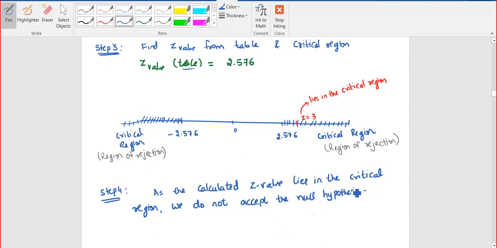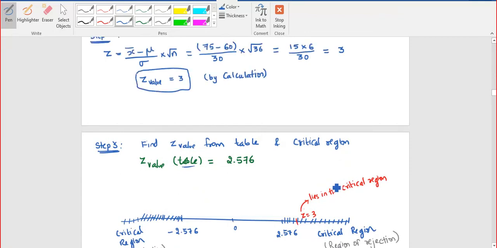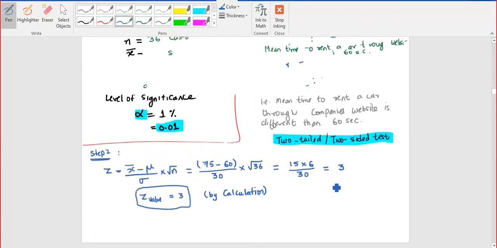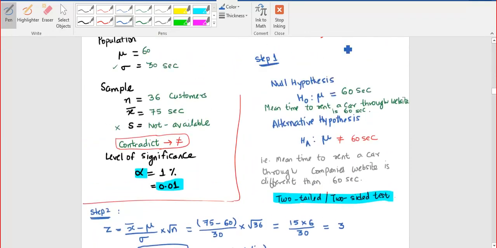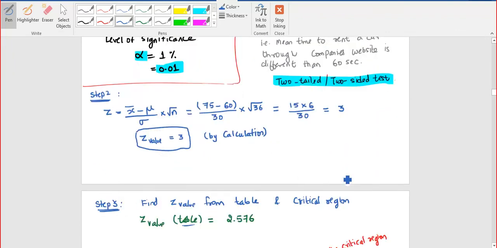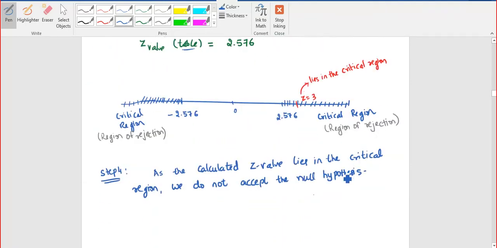What was our null hypothesis? The null hypothesis was the claim given by the company that it takes 60 seconds to rent a car using the website, which is not true. So it means the mean time, on average, it takes more than 60 seconds to rent a car through their website. So we can say that hence